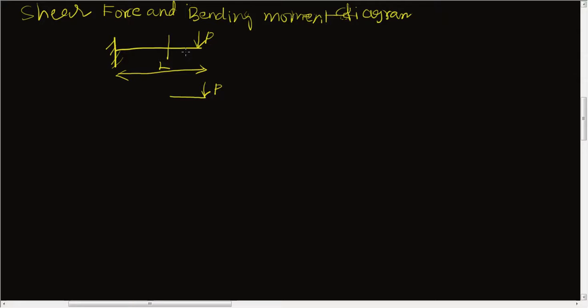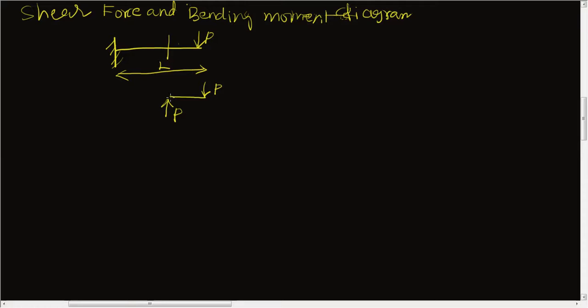Now we know that this part is not moving, that means it is stationary, so this part also must be stationary. So there should be translational equilibrium and also rotational equilibrium. To have the translational equilibrium, the total forces coming from the top must be equal to the total forces coming from the bottom. So there should be an upward force here with the same magnitude P. Now the force is balanced completely. Now this object cannot translate, but it can rotate in the clockwise direction